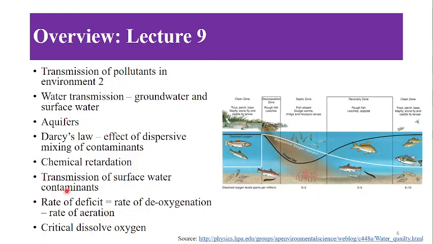So the transmission of surface water contaminants, here you can see in the image as well. This is river water which is not being contaminated yet. Now there is a sewage source or a pollution source which emits the pollution into this water body. Before this emission point, we see that the dissolved oxygen is at a saturation level, and the